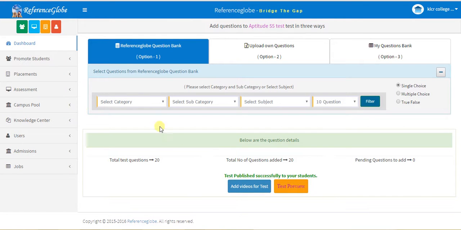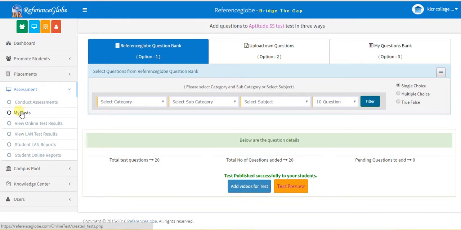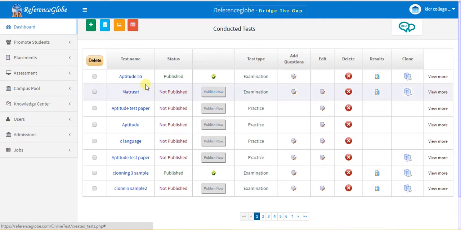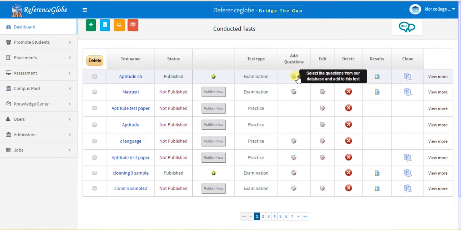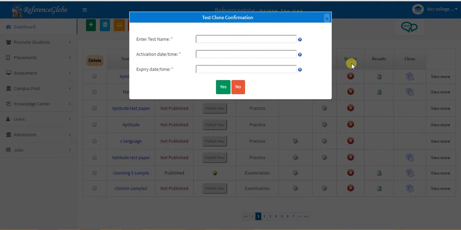Now that you've completely published your test online, let's go and see my tests. See, aptitude 55 is published and it's an examination. You can add questions, you can edit, you can delete, you can view the results here, or you can even clone. This clone option is a beautiful option. What it will do is, if you want to use the same question paper for multiple departments, if you've conducted it for ECE and you want to conduct it for civil and mechanical in the next attempt, then you don't have to create a test paper all over again. All you have to do is just clone